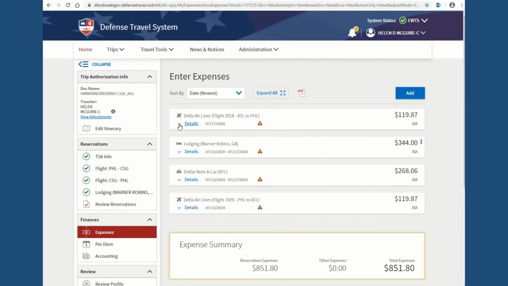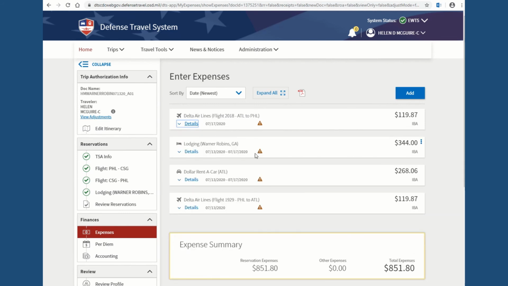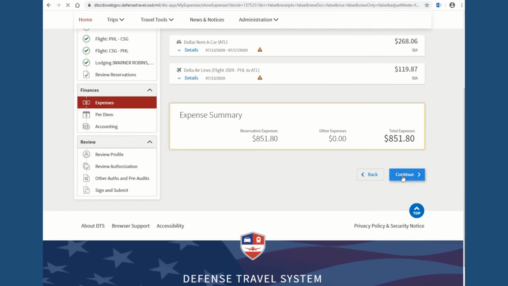So to do that, you're just going to hit details. Now, we're in the authorization now, so you're not going to be able to do that. But once you're in the voucher and you have your final receipts, you can add it then. But you want to make sure that you have all the information in here and that you know before you sign it as a voucher that you have uploaded all the receipts that it's going to need. So that is how you make the reservations in your DTS authorization. So you'll hit continue,